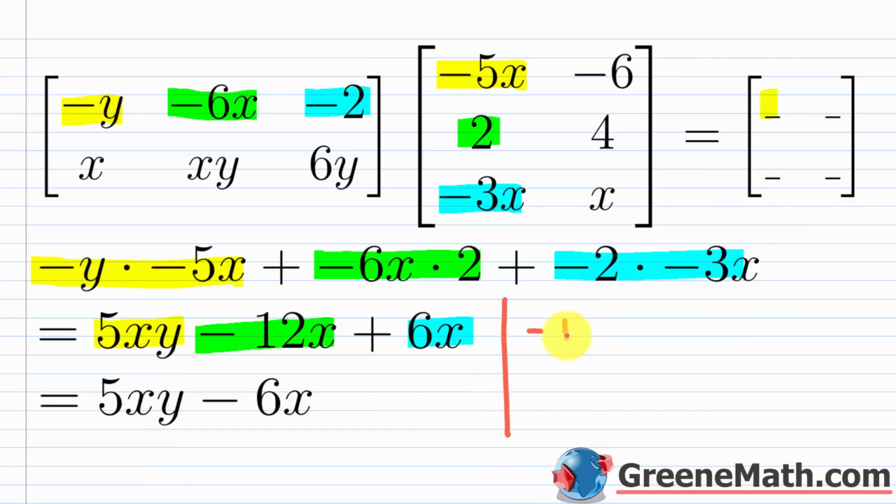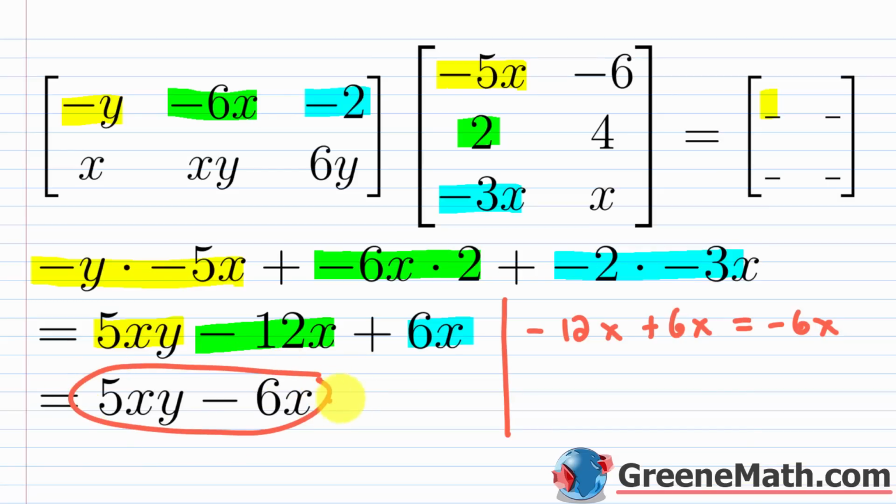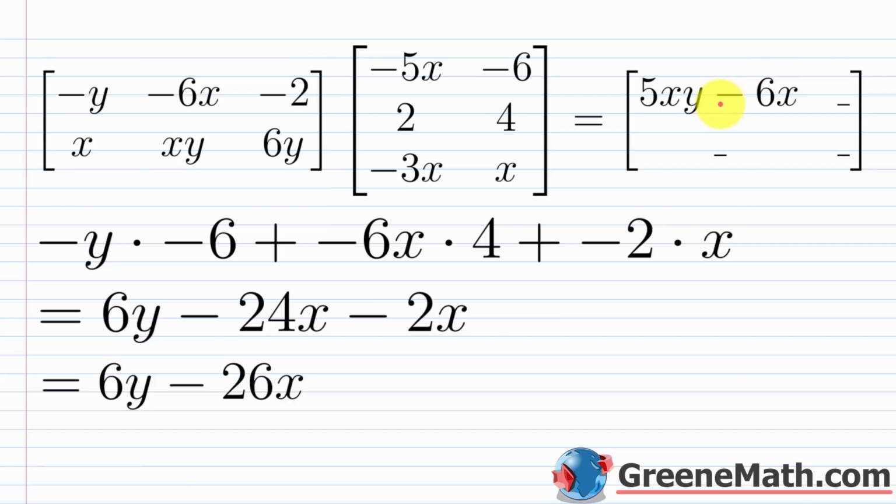But if you have negative 12x plus 6x, we know that this is equal to negative 6x. So you can combine like terms there. So that's where you get this negative 6x right here from. So this would be 5xy minus 6x. So this right here is going to go right there. Now I can't fit it in the space that I provided, so I have it written out for us on the next page. Again, when you start working with variables, this starts getting a lot harder to fit